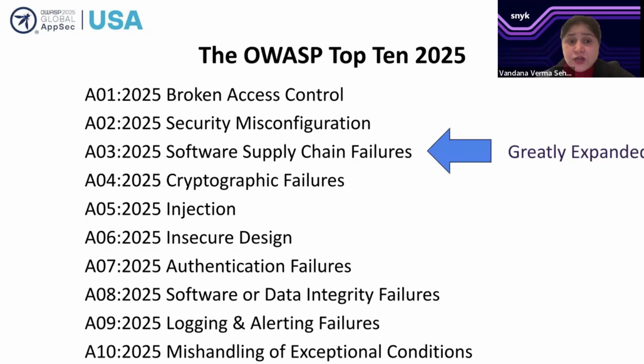But if I have to call out one specifically, which I think is the most relevant one, it's software supply chain failures, software supply chain attacks. That used to be what we called the vulnerable and outdated components. But I think it's much more than that. It's the bigger software supply chain ecosystem that we should be looking at. And it is greatly explained in the newer release candidate of it. If you want to take a look at it, just make sure you go to the OWASP top 10 list. We have shared some links, but we will be sharing more details around it.